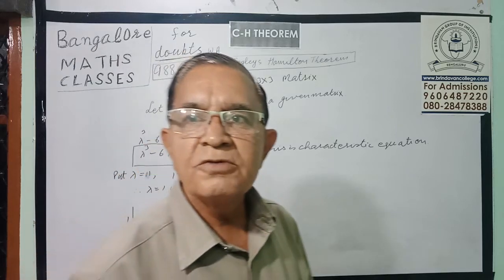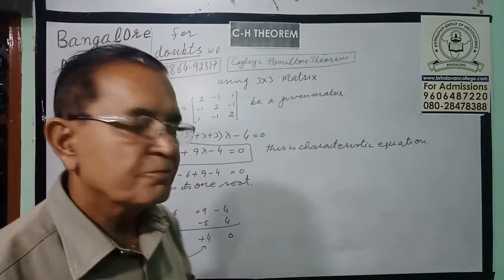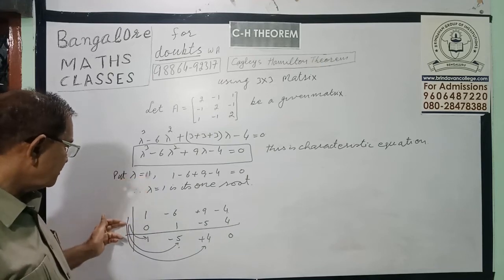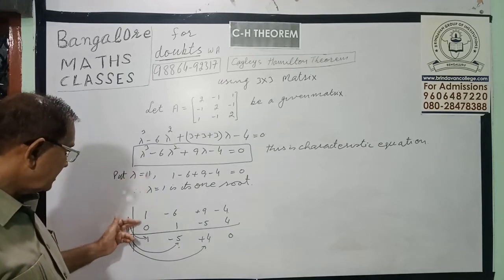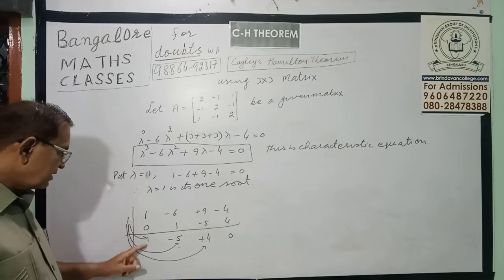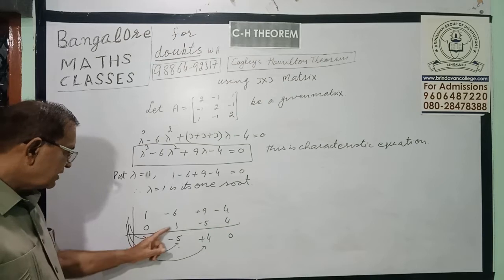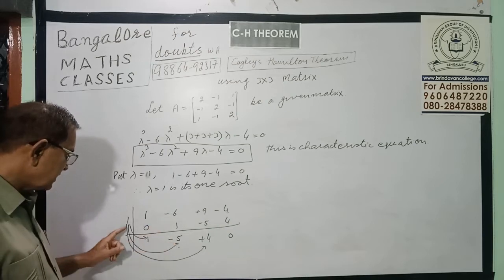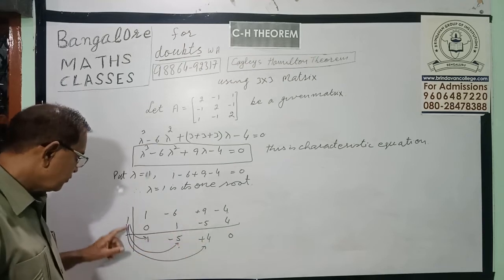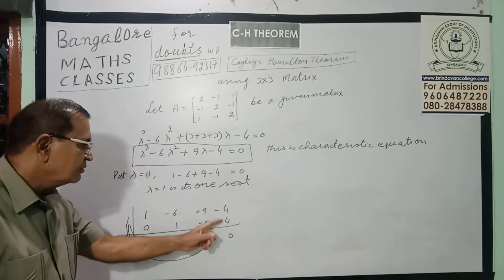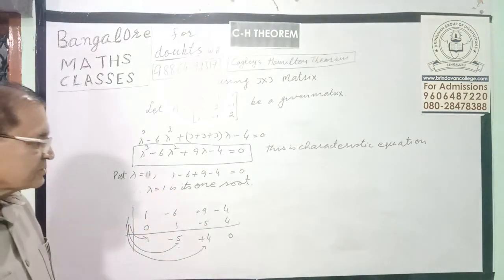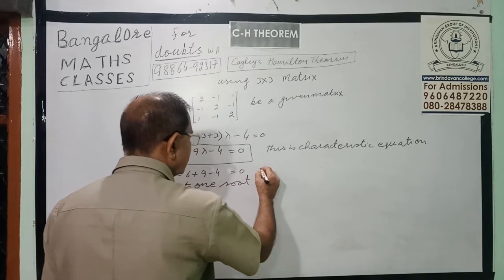See how I am teaching you, I am telling you once again. Just write down the coefficients, and the first factor is 1, so put 1 here. Then the first entry is 0, put it here and add. You will get 1, multiply by 1 and put it here, then add, you will get minus 5. Then 1 times minus 5, add, you will get 4. Then 1 times 4, put it here, you will get 0. It means division is possible.